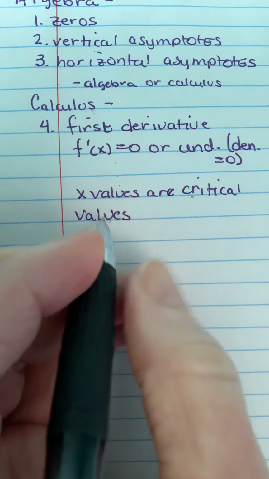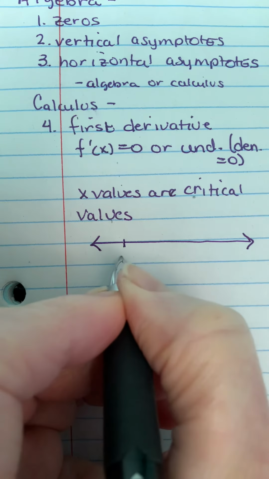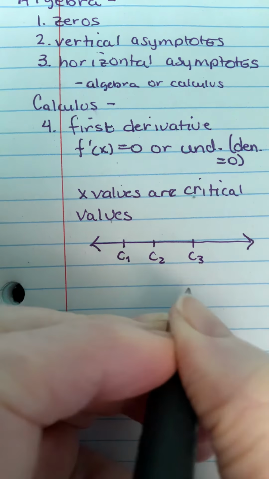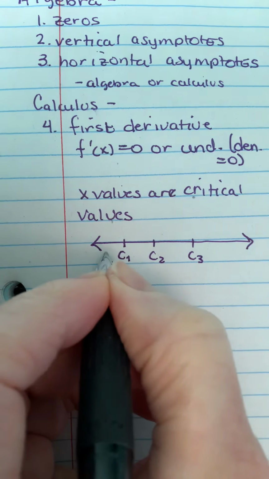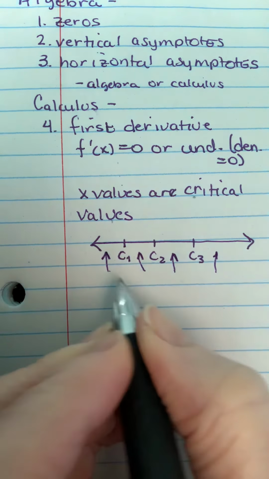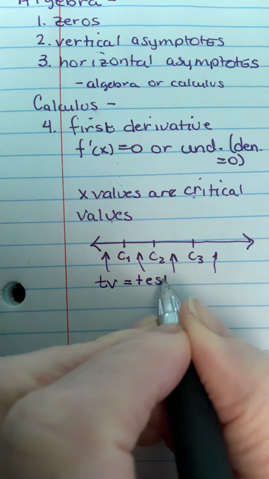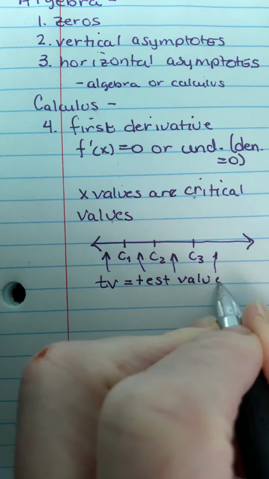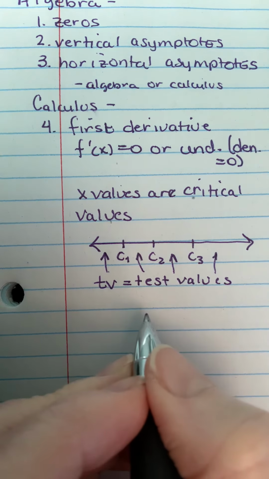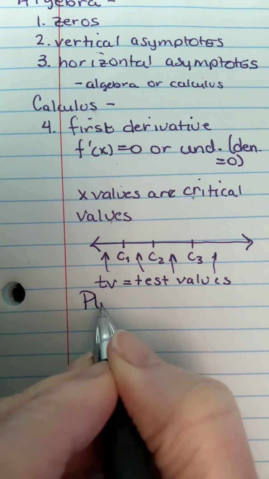What we do with those is we get a number line and we mark the critical values. I'm going to call them like critical value 1, critical value 2, critical value 3. And then we come in between them or on the left or right side of each one, and we find values that we call test values. In that, we plug in the test values into the first derivative. So plug test values